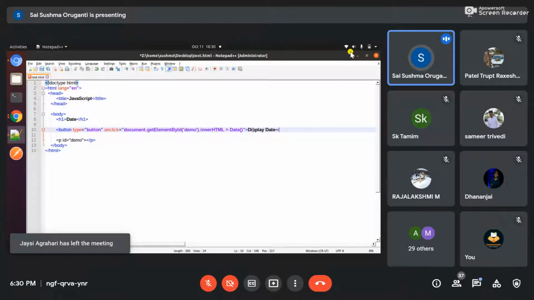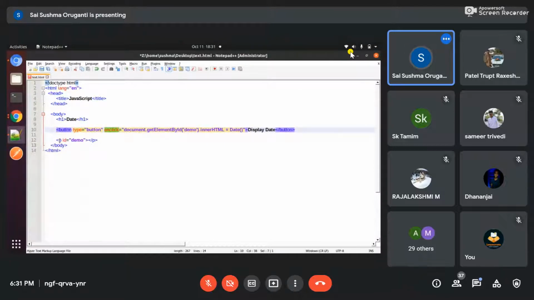So I'm closing the button now. I'll explain again. Anything you want you can give, it's your wish. I'm declaring one button here. First of all, the type is button. When I click on the button we have to show the date, right? Where will we show the date? There should be a certain element like a text element, p or h, whatever it is.